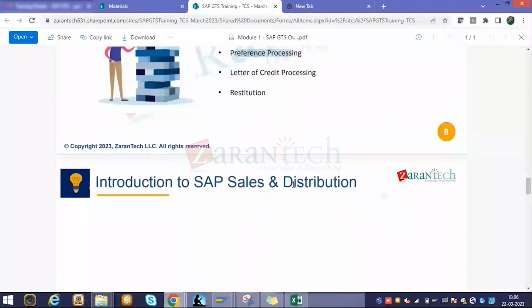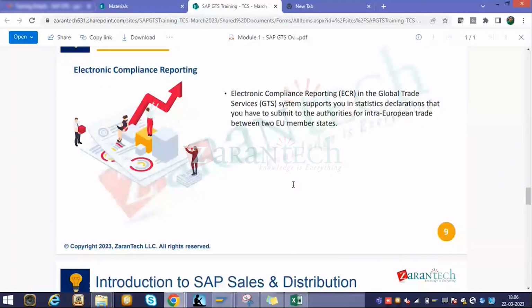Then the fourth module is electronic compliance reporting. Now, electronic compliance reporting is the Global Trade Services support for the statistics declaration that you have to submit to the authorities for intra-European trade between two European Union member states. So this electronic compliance reporting is basically Intrastat reporting. Any transaction, and when I say transaction, I'm talking about the sales order or purchase order, inbound delivery or outbound delivery,